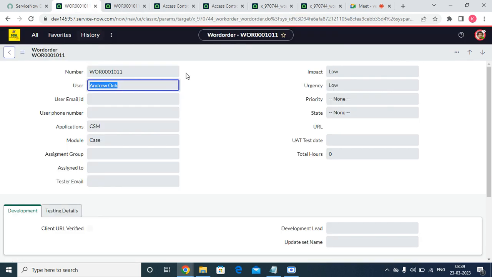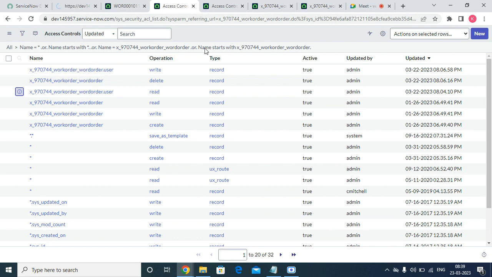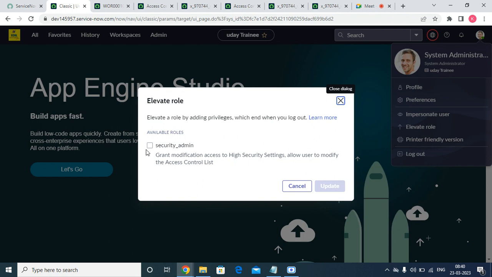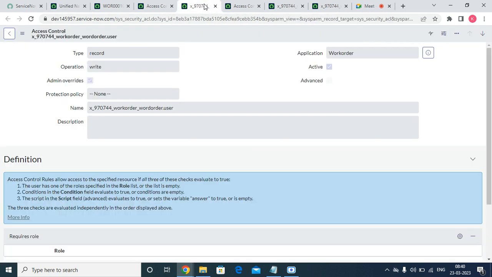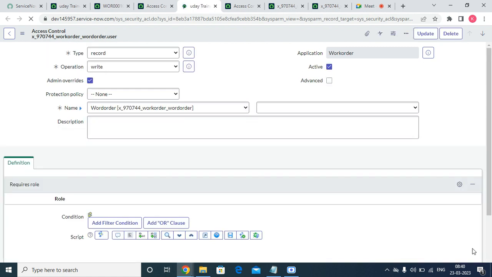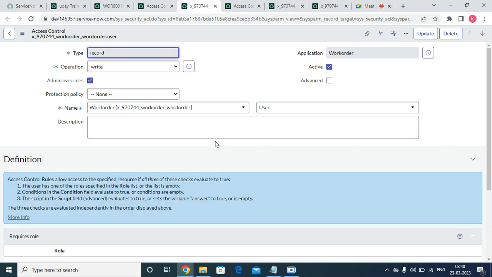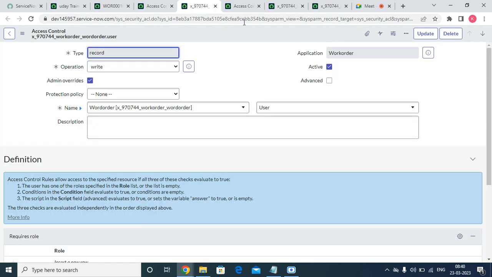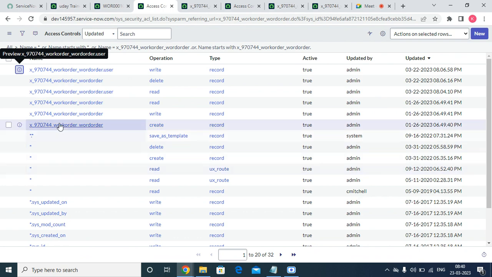So if you want to modify it, what we can do is go to impersonation again. We'll go to that write ACL. Since we have done this, we need to elevate the privileges again. So this one. Now, because the table is not given, table dot none we have already given. So what is this one? If I open this one,